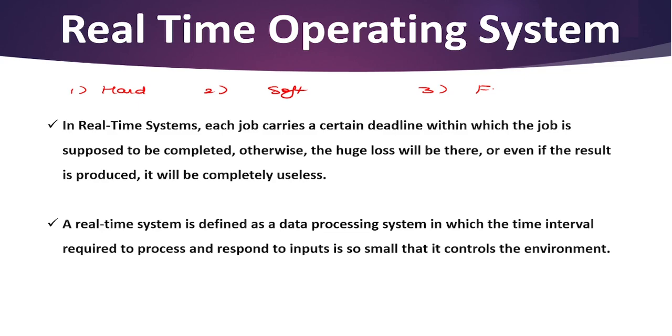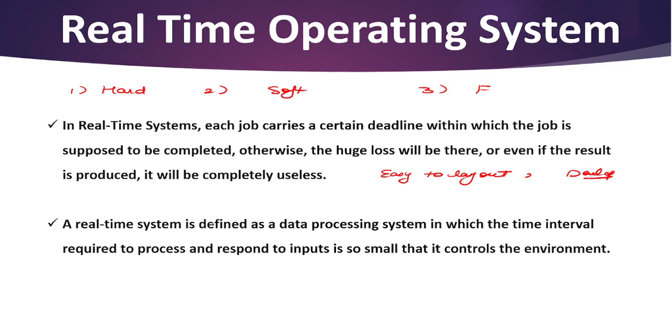Right? So students, these are the types of real-time operating system. Next is advantages. This type of operating system is easy to lay out. Its layout is very easy, its development is very easy, and it executes real-time applications. Whenever we are working with real-time applications, the best choice for you is real-time operating systems. Next point is that in a real-time operating system, the maximum utilization of devices and systems is done.